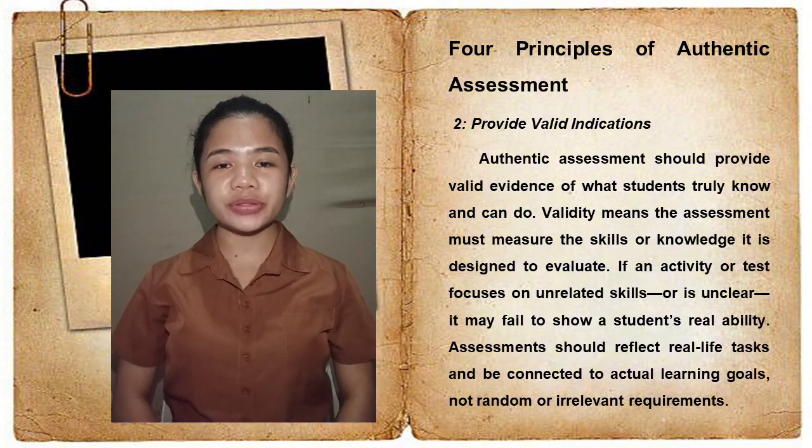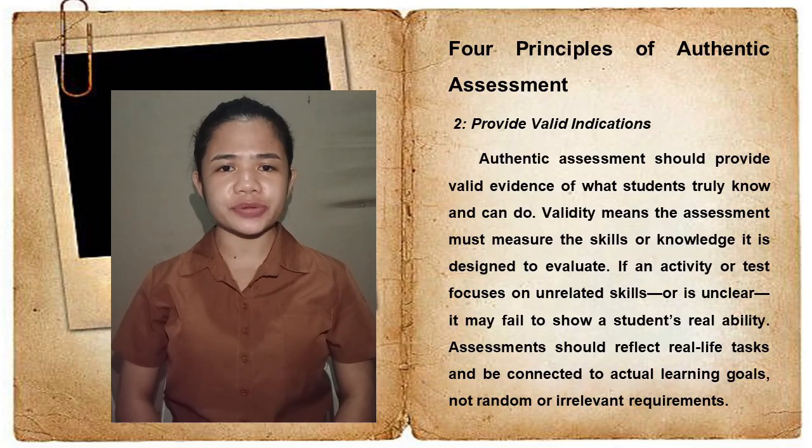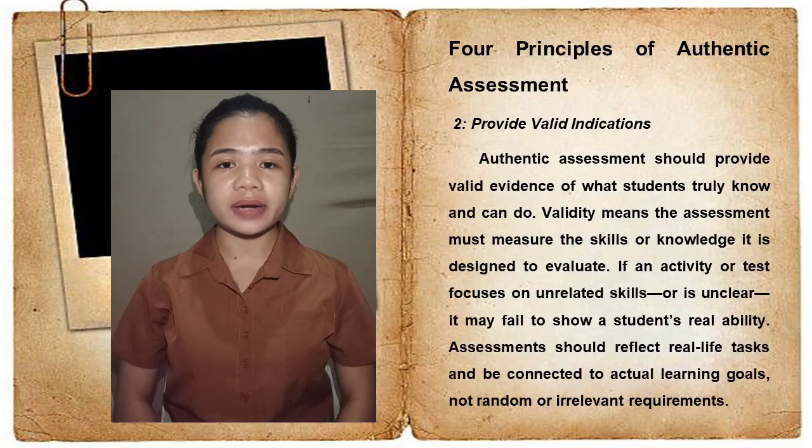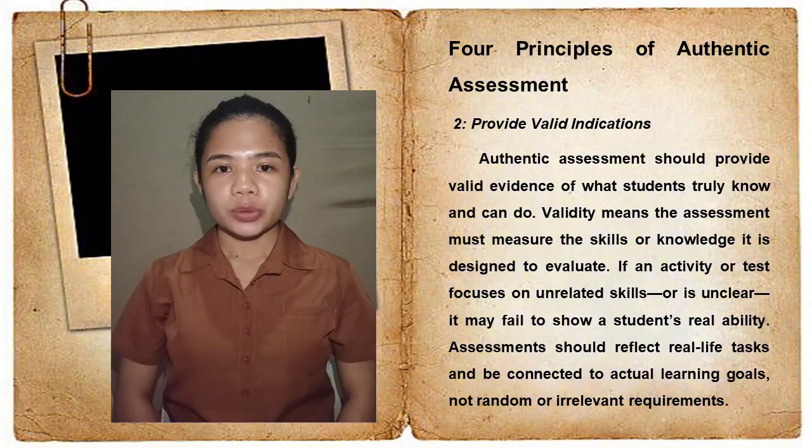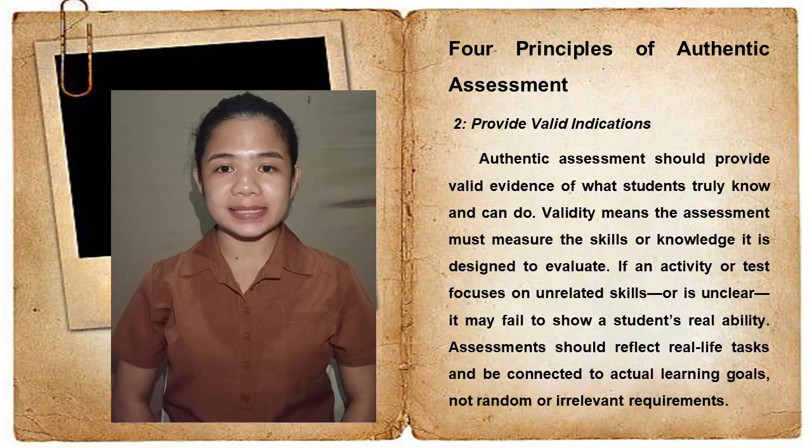Validity also depends on how the assessment is given. For example, surprise tests, confusing instructions, or overly strict time limits can prevent students from demonstrating what they really know. In some cases, tests may measure students' language ability or test-taking skills more than their understanding, especially for students who speak a different first language. To improve fairness, teachers can explain tasks clearly, allow oral explanations or visuals, and offer alternative ways for students to express learning. So this ensures that assessment reflects what they understand, not just how well they read, write, or handle